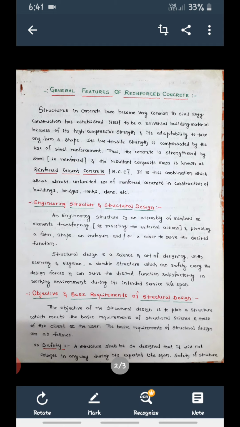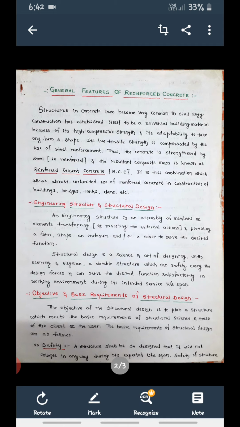So where the steel will be placed, we're going to see in the later stages. But right now, for a beam, concrete is required, steel is required. How much quantity of steel is required, we're going to calculate by designing the elements. Okay, so a structure in general is nothing but an assembling of various elements so that the load can be transferred from top to the bottom. So this is called a structure.